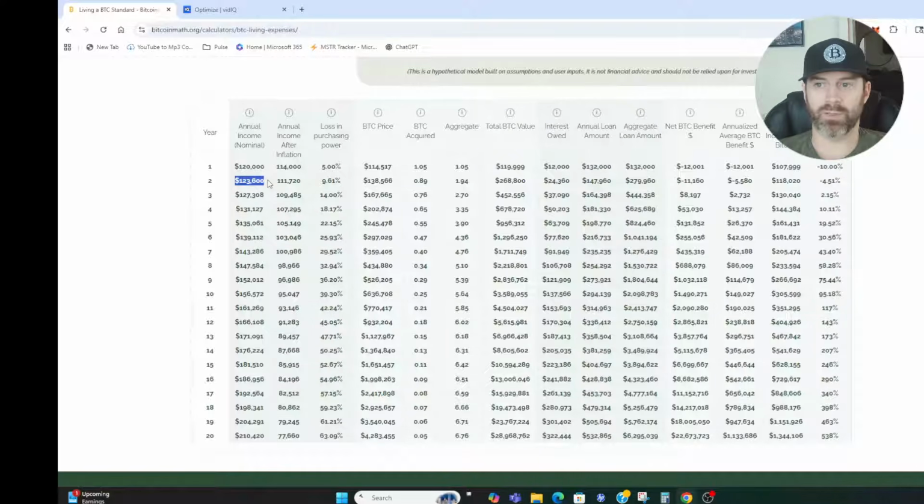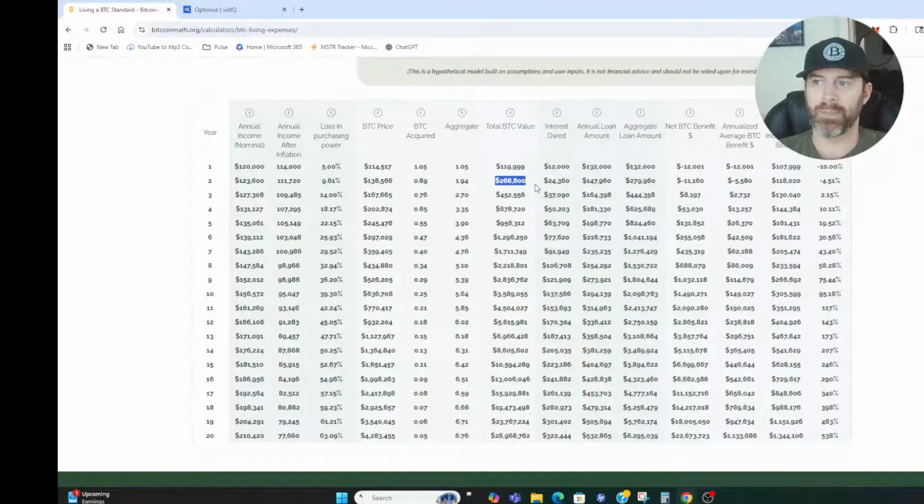You got that 3% raise, you're up to 123.6. It only buys you $112,000 worth of stuff due to inflation. And the Bitcoin price has gone up, right? So now Bitcoin's worth 138.5. You're only able to buy 0.89 Bitcoin, but your total stack is up to 1.94. So your total Bitcoin holdings is